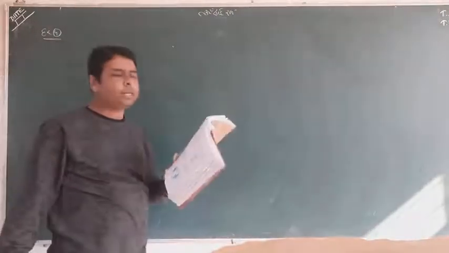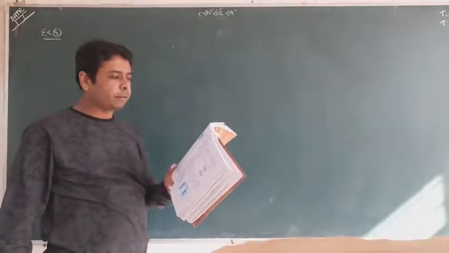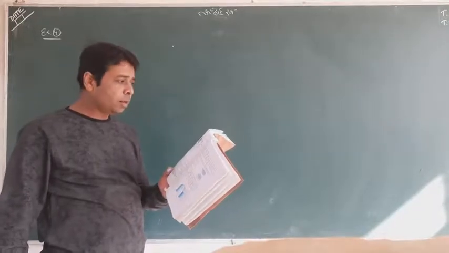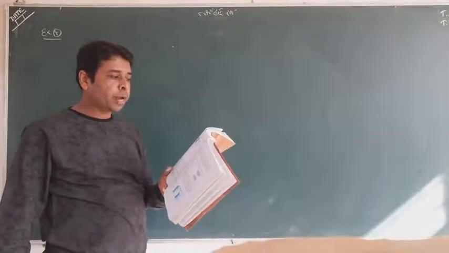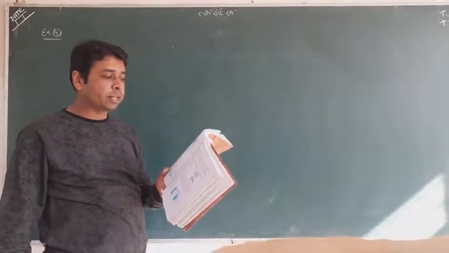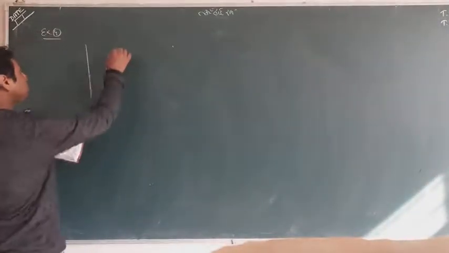One more question, example number 4, I will tell you here. Can you read the question? A man has made a bird bath for his garden in the shape of a cylinder with a hemispherical depression at one end. The height of the cylinder is 1.45 meter and the radius is 30 centimeter. Find the total surface area of the bird bath. Let me speak something about this. The bird bath is just like that.